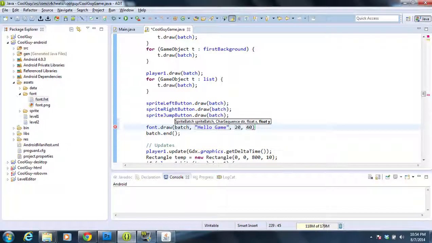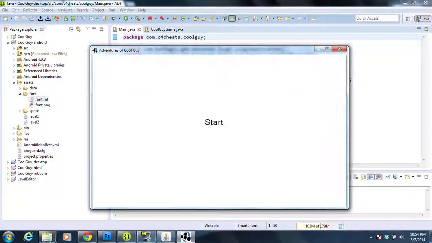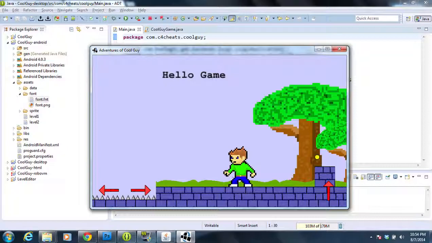Let's do a little bit lower. Save. So we should have "hello game" when we're playing the game running on here. So let's test that out, make sure we're doing this correctly. So we start the game and we have "hello game" right here,